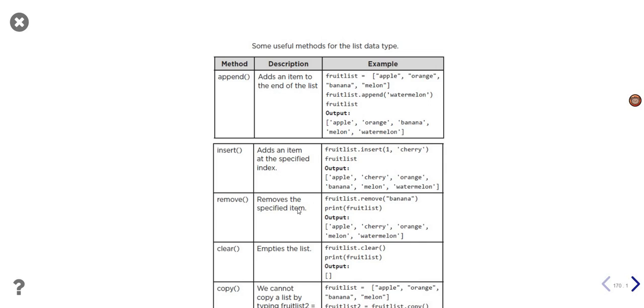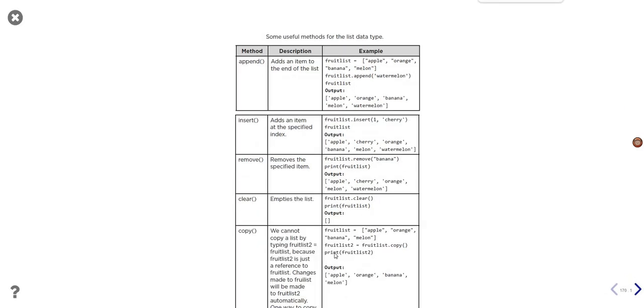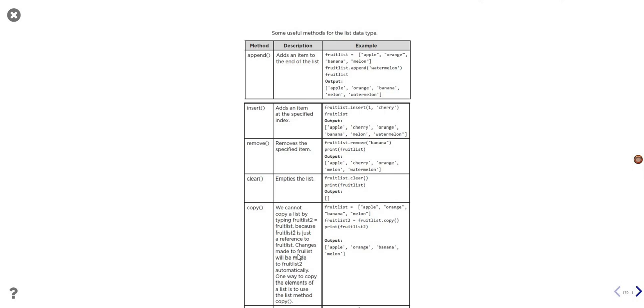So this insert, able to do that. You can also remove, you can clear. Clear means it will empty the entire list. So you can actually use the copy. So here why we actually use copy, because you cannot copy a list by typing fruit list 2 equals to